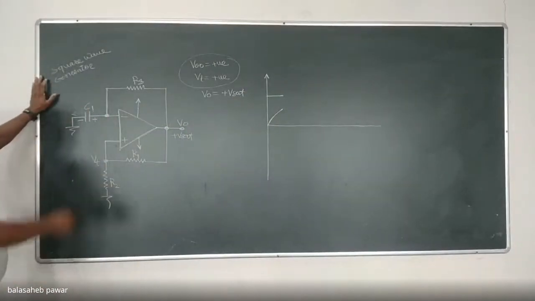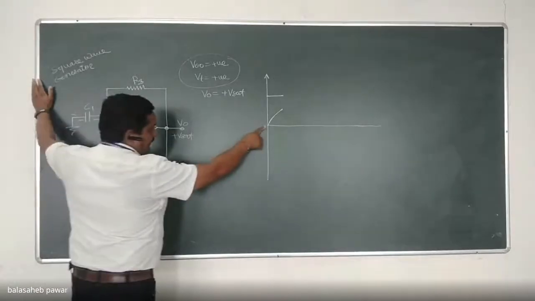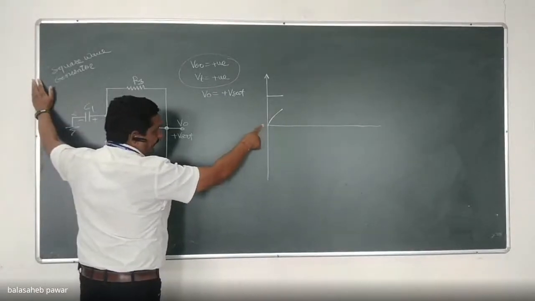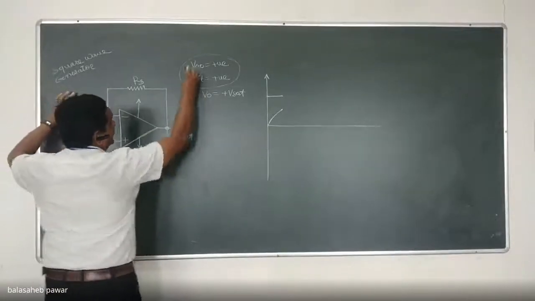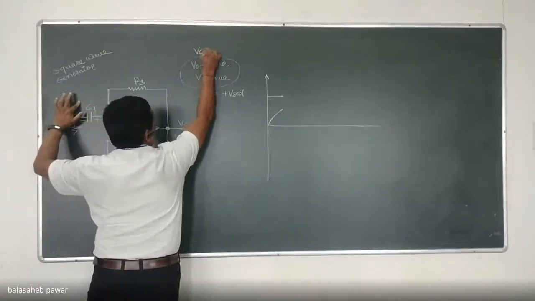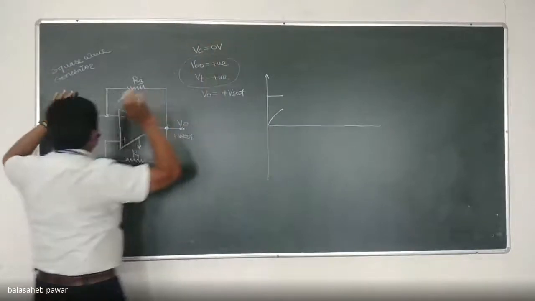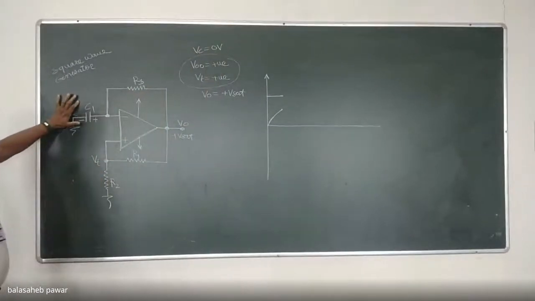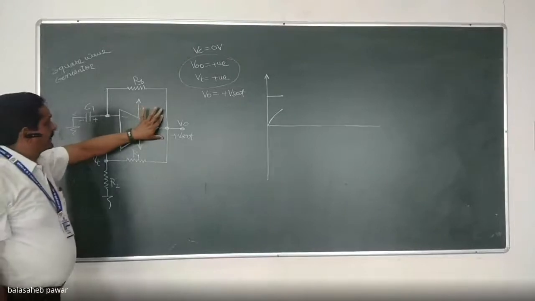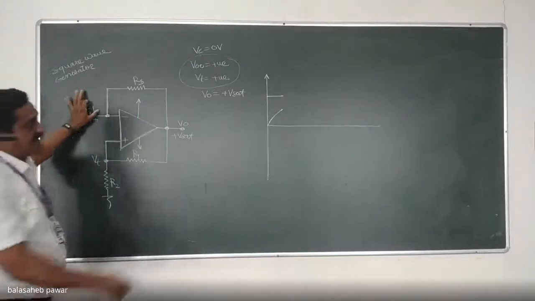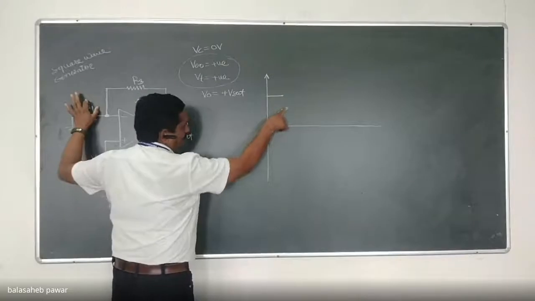Now, initially, before turning on the circuitry, we consider VC to be 0 volts. That capacitor was initially completely discharged, which means the voltage across that capacitor is 0 volts. But when we turn on the supply and the output gets forced to plus Vsat, this C1 will start to charge like this, from 0 onward.